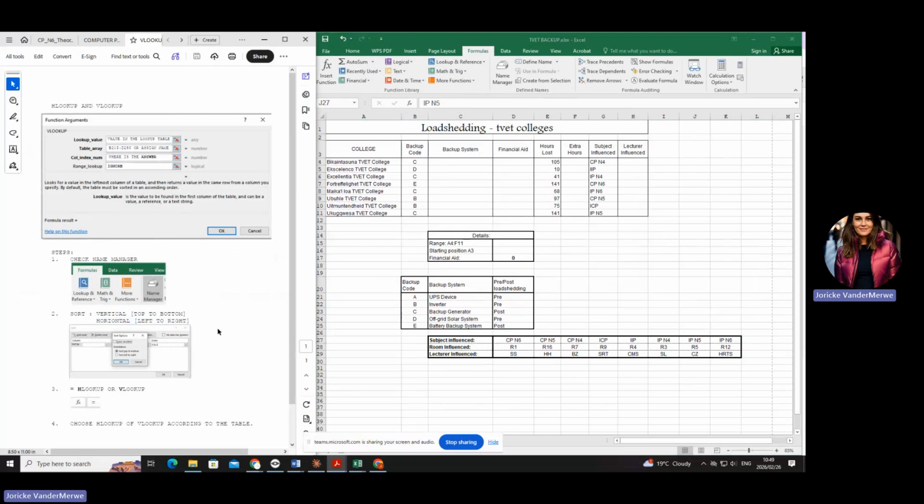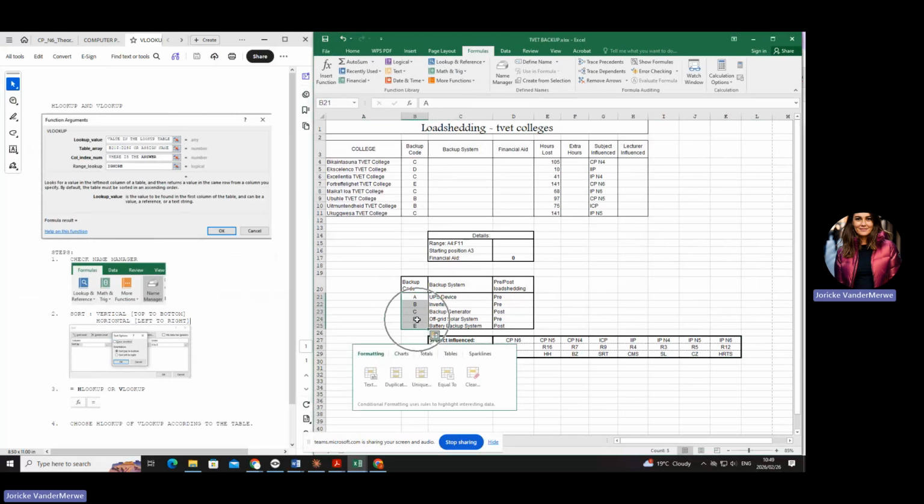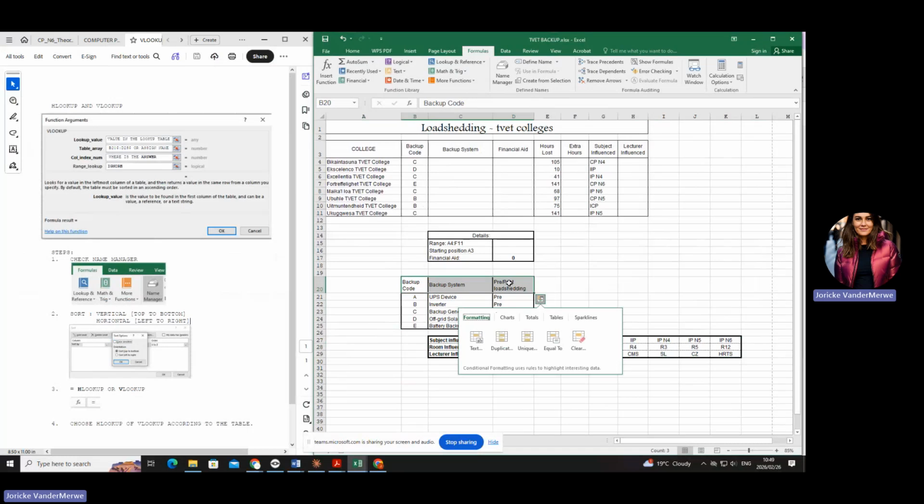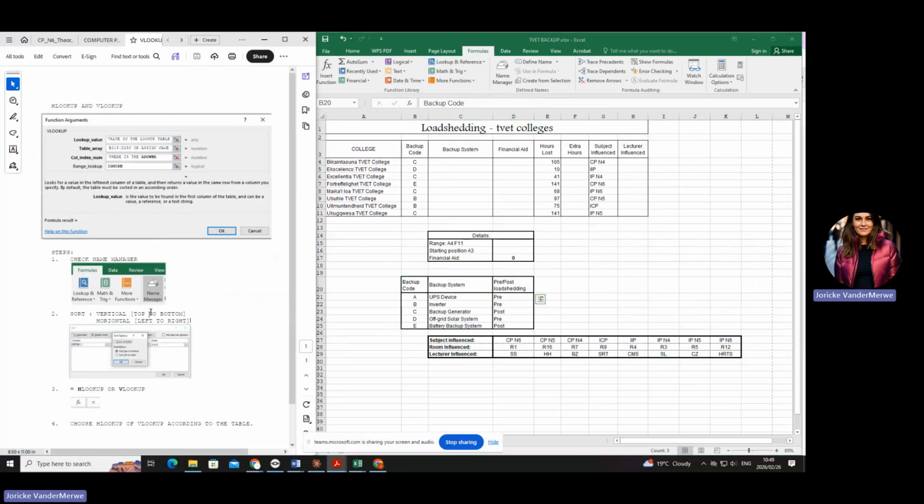Are you all good? Okay, so when you choose that, I'm not going to do my vertical table now because it's already sorted, but if you have to sort it, do not include your headings. You can make a little note for yourself there: sort excluding your headings.